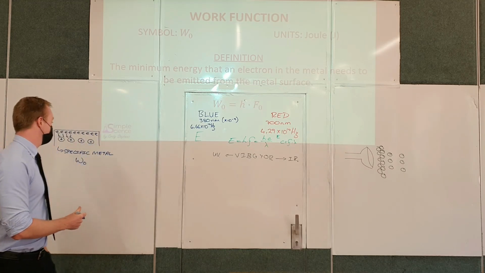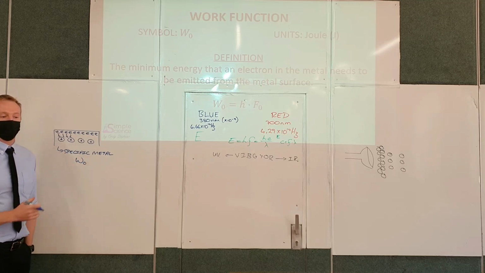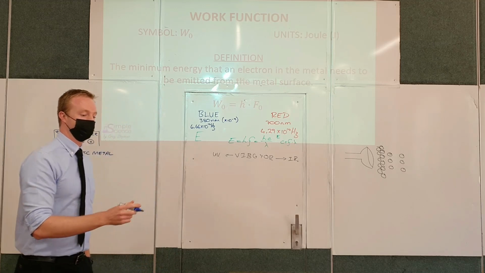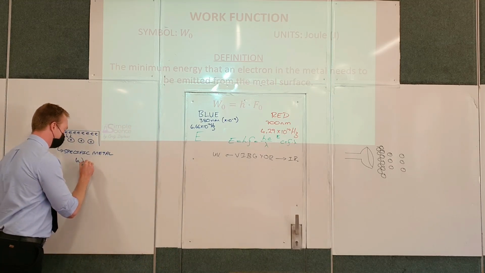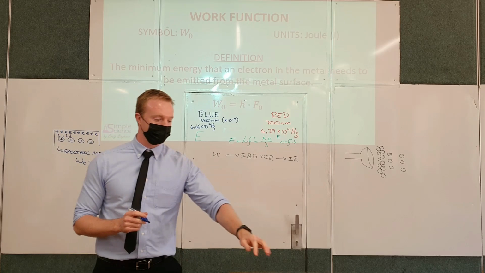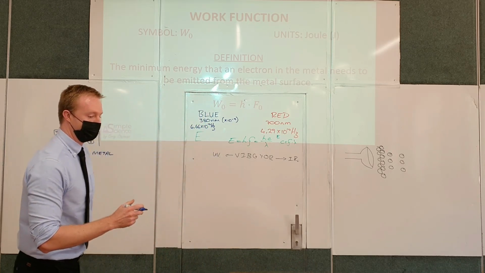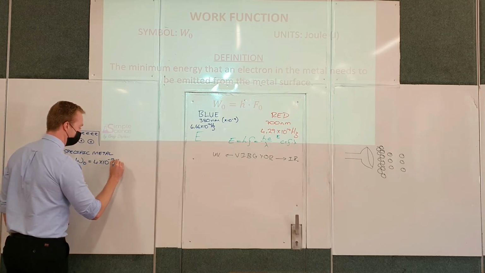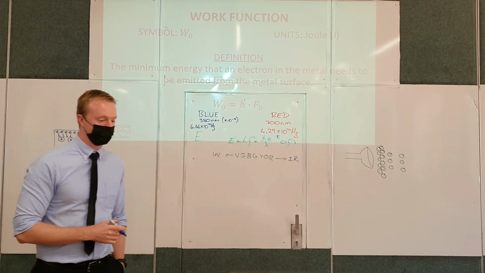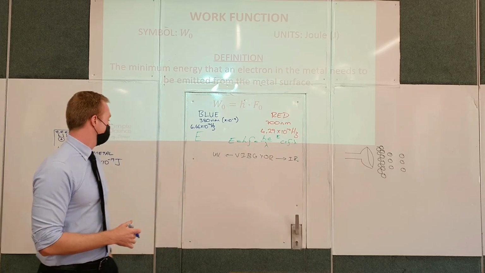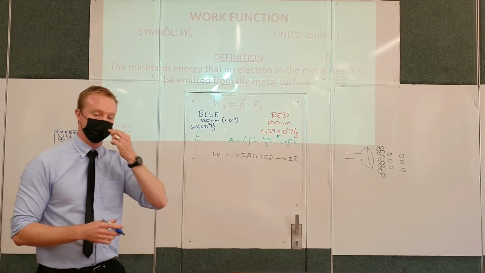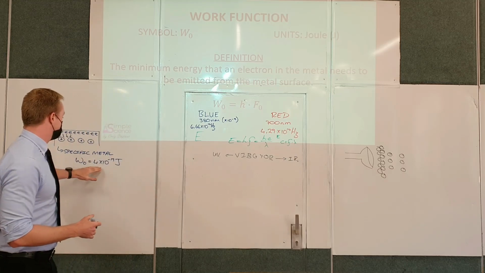Right, so that work function is what's telling us this is the minimum amount of energy that is needed to eject an electron. Right, so in this case I'm going to just use a random example here. I'm going to say the minimum amount of energy required here is 4 times 10 to the negative 19 joules. So the way that this would come across in a question is you are told that this specific metal, whether it's sulfur or whatever it may be, has a work function of 4 times 10 to the negative 19 joules,